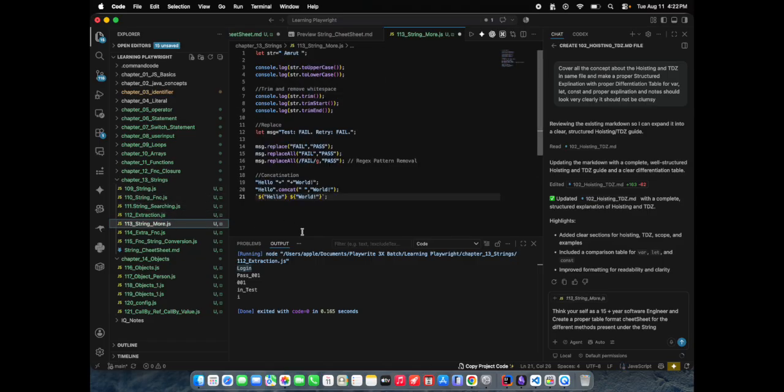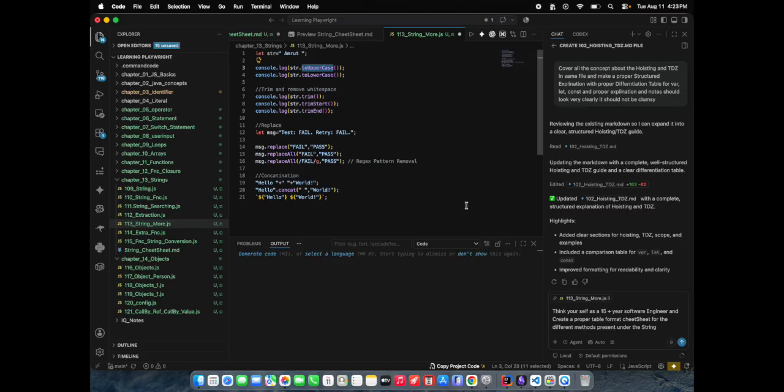We have more methods which we are using. In order to change the case, whatever string we have, string dot toUpperCase converts it to uppercase, and string dot toLowerCase converts the string into lowercase. We have trim, which trims the white spaces from the string.